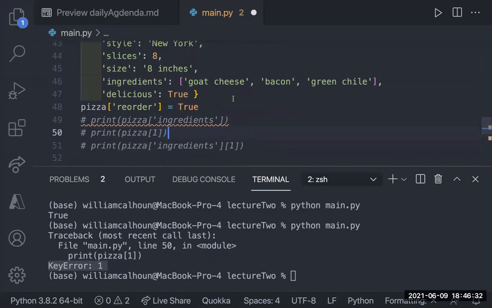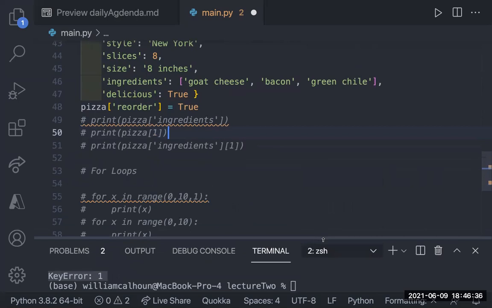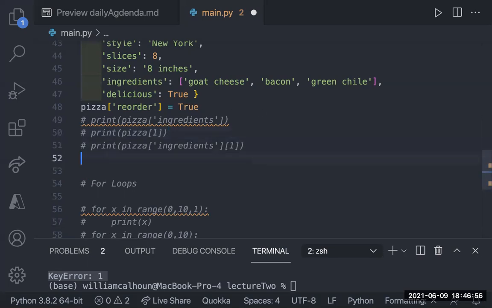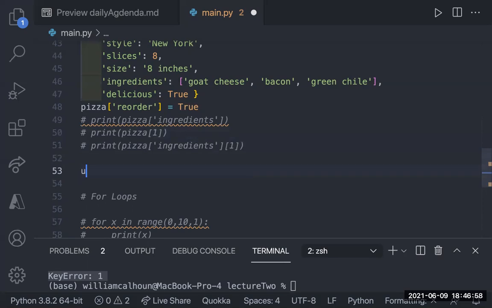Any questions on this? Could you technically turn that ingredients array into a dictionary of its own and call it bacon? That way you could say print pizza, ingredients, bacon, and it would go find it. Yeah. You can have dictionaries inside of dictionaries absolutely, as deep as you want. So you can kind of think about like you might have a user. This is a very real world thing, right?